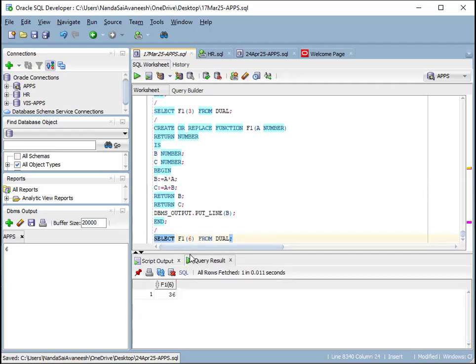So the output it is giving is 36. So b value is 6 into 6, 36. c value is 6 plus 36, 42 it should return. But here the first return is b value, so it is returning 36. Okay. So suppose